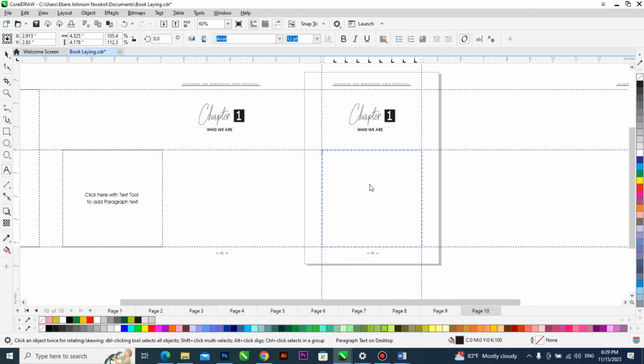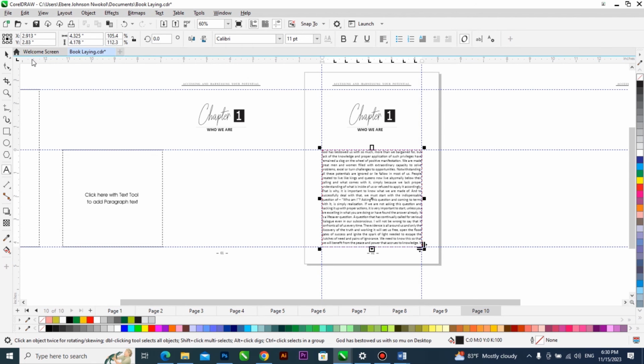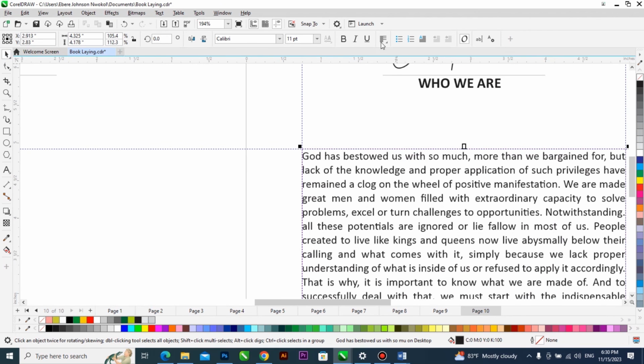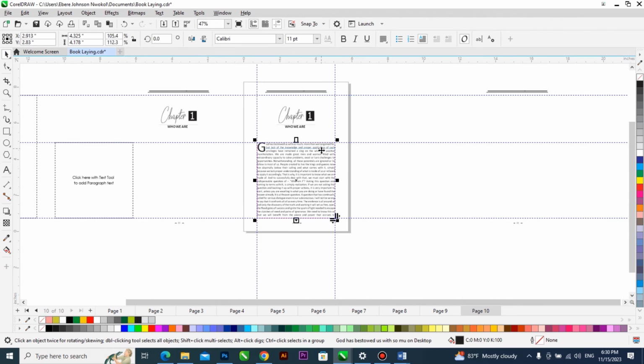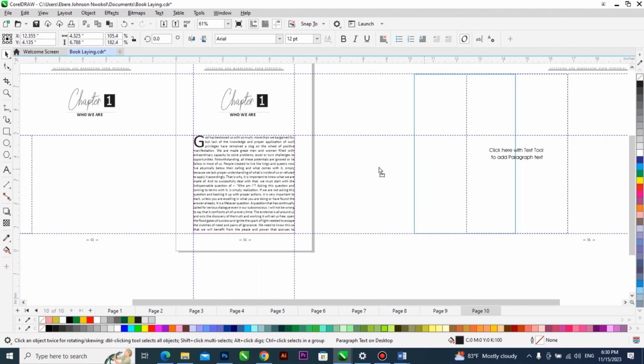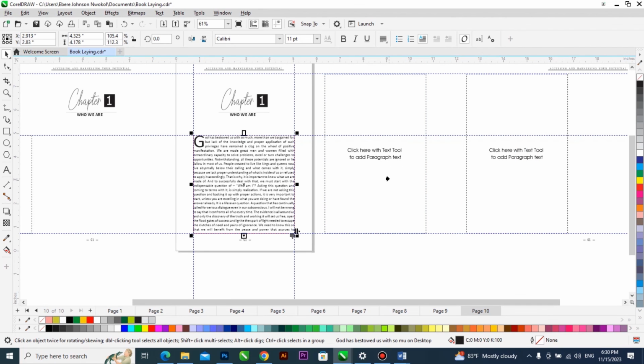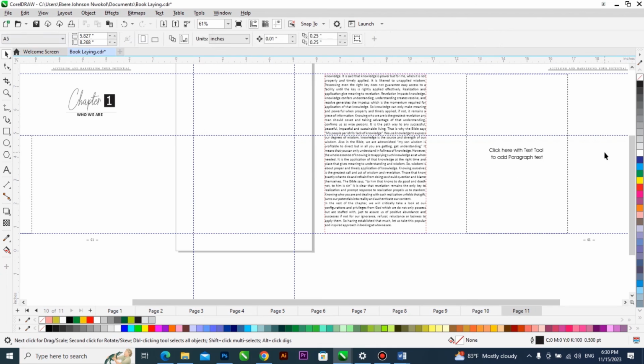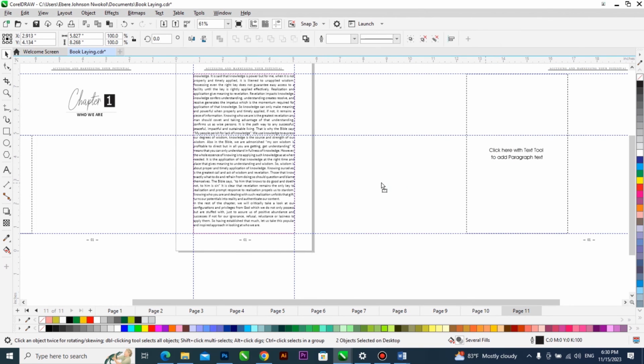So what I need to do very fast, I will not waste much time. I'll just paste it. So watch how fast I will be in linking up the chapter text. Of course, I know by default it is justified, full justify, right? Fine, I can just insert my drop cap. Of course, three. So what I just need to do is bring this so that it will not be that far from me. So I'll just be linking it. Once I link like that,